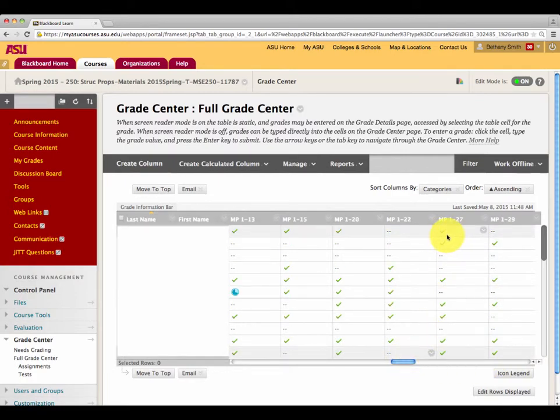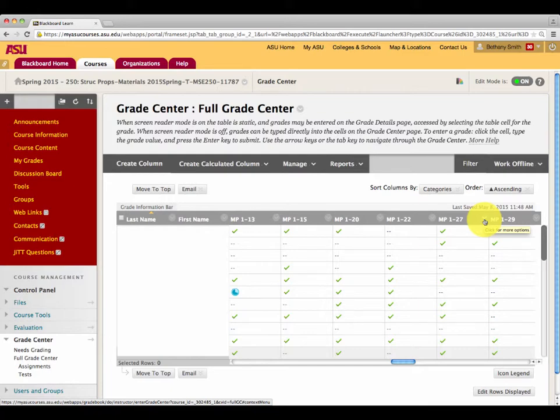So as we can see, the check marks means that the student has successfully submitted their Muddiest Points. The little slashes mean that the student has not done it at all, and this little circle over in this other column here means that the student either didn't finish it or is still working on it. Because you know who has taken the survey by who has a check mark by their name, you can incentivize Muddiest Points through perhaps extra credit, but the student can still be honest because their Muddiest Points are separated from